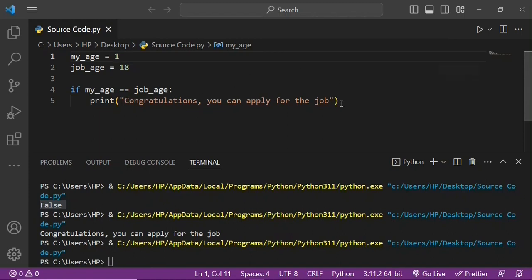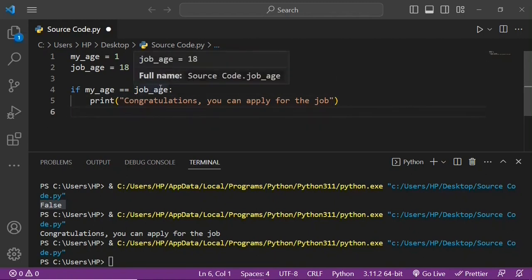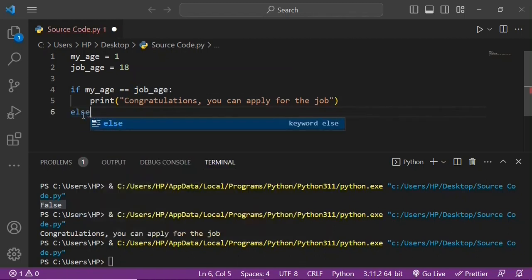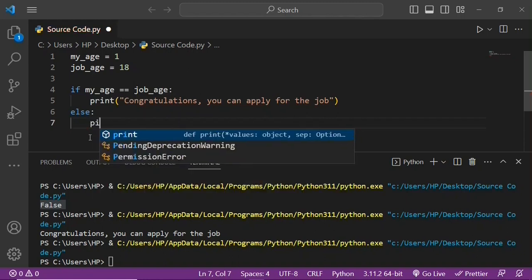So down here, I'm going to add an else statement. So if this condition is not met, it's not going to run this code, then it will fall back to the else statement. So to type the else statement, I'll basically just type else colon, and then once again an indentation is added. So I'm going to write the piece of code that I want to run when the if statement's condition is not met. So I'll say print